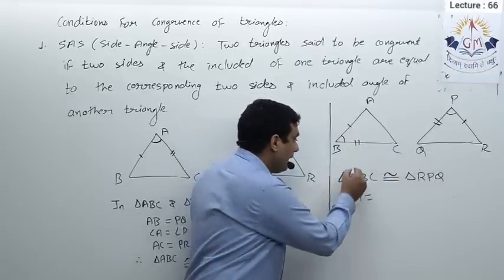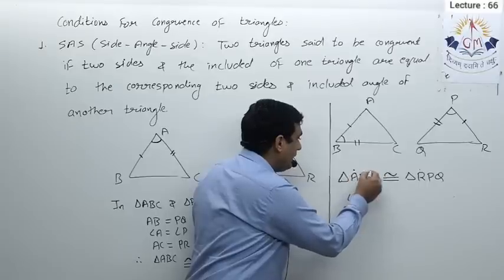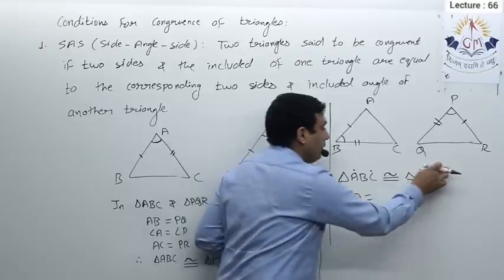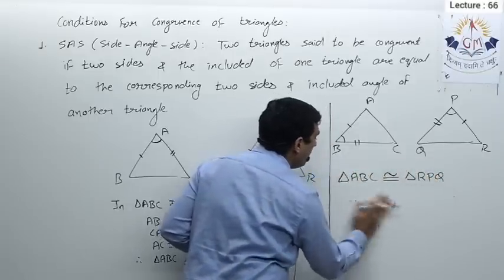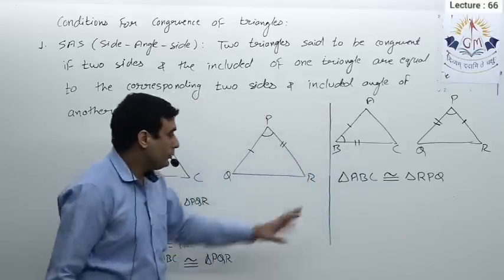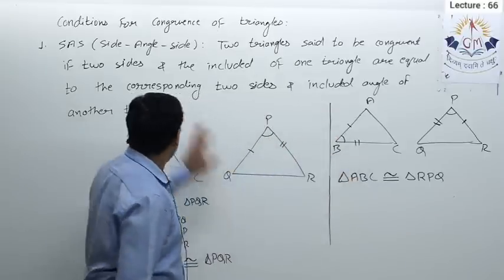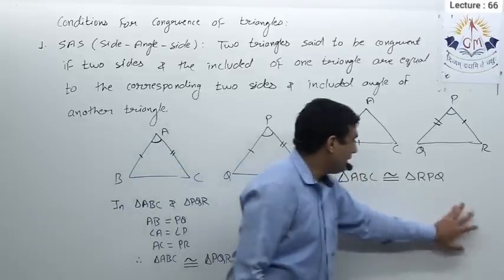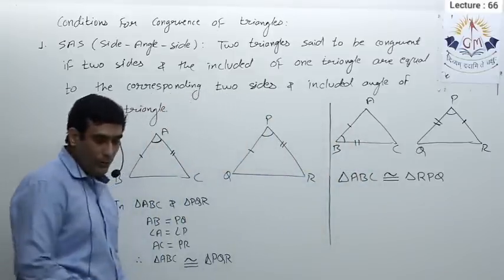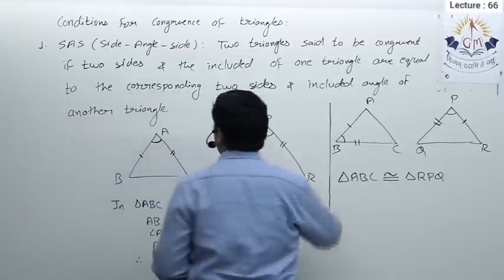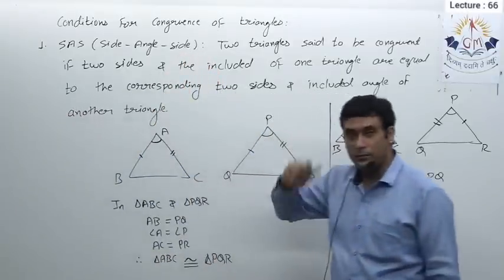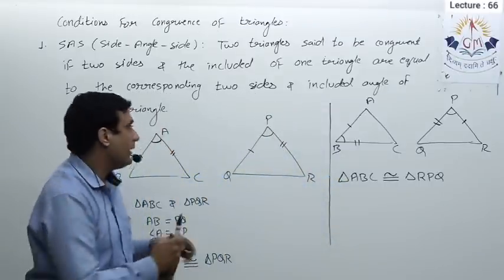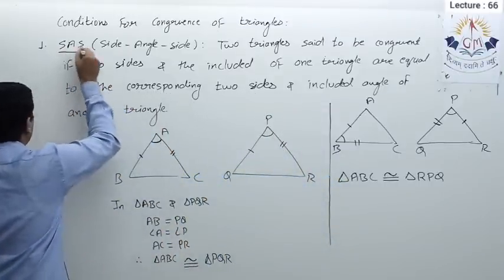Also I can say this side AC. If I take these two vertices, side AC, this is equal to side RQ. Okay, so if you write the correct order, you will get the remaining parts directly. So you should know how to write the correct order. We will see in each and every criteria this type of practice, so that you understand this in a better way. Okay, so here again I am repeating side angle side. Two triangles, we can say two triangles are congruent if two sides and included angle. See, name itself says side angle side.